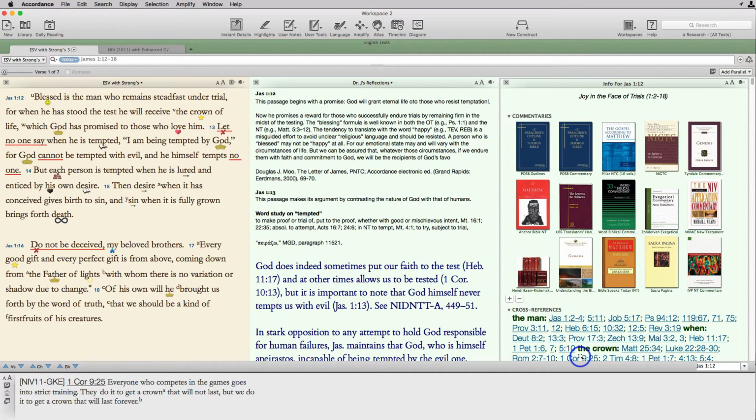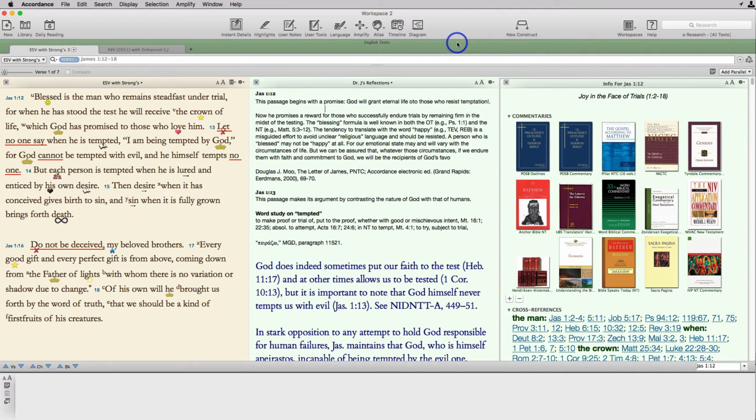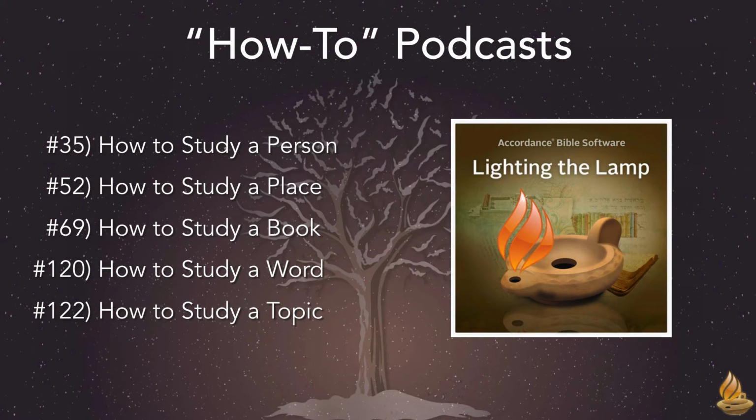discussion. And so we proceed verse by verse, examining each of the verses in our passage, collecting information, taking good notes, and gradually building our understanding of the passage. The info pane in Accordance 11 offers a quick, easy way to investigate many of the details in a verse. However, if you would like to do a more thorough investigation, these 5 how-to podcasts are all available at this